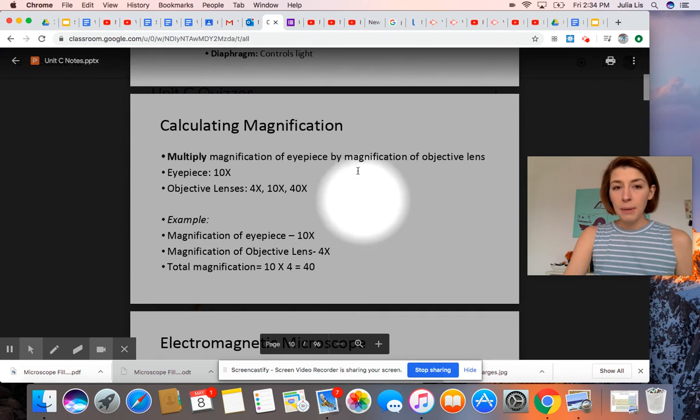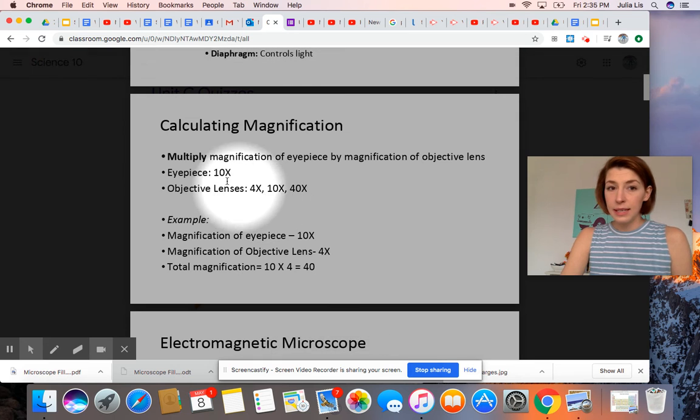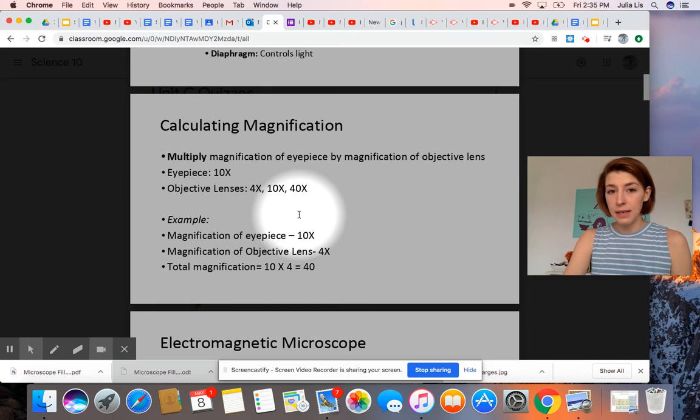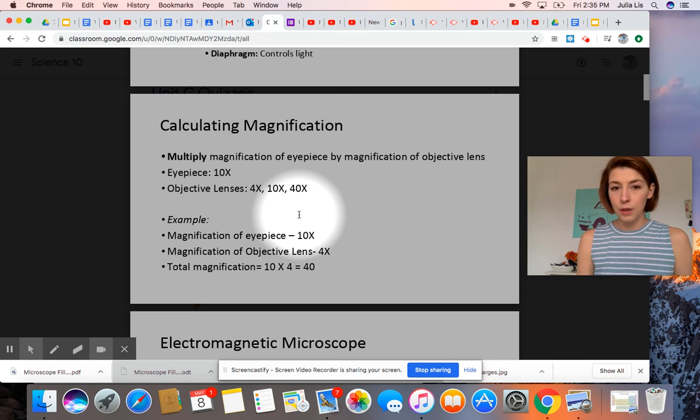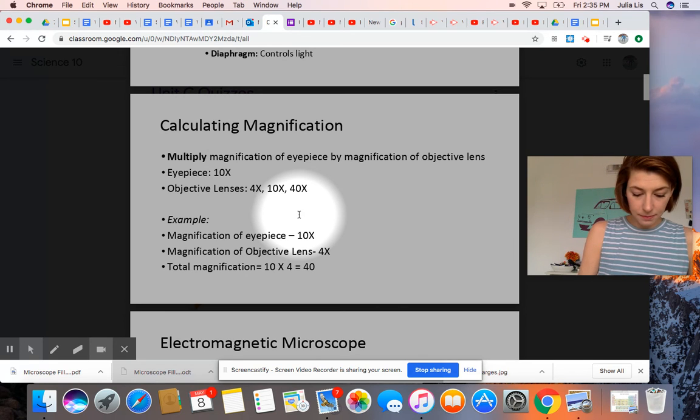The last part that I'll get into for this week is called magnification. And when we are looking at a specimen, it's important that we know how much it's being magnified. And when we're looking at a compound light microscope, it's fairly simple. I explained how the eyepiece,